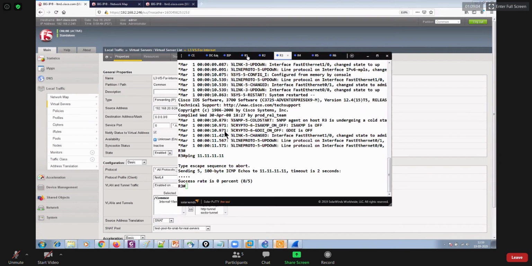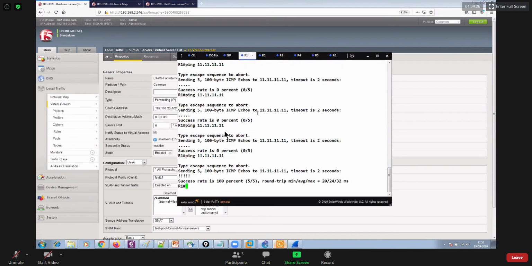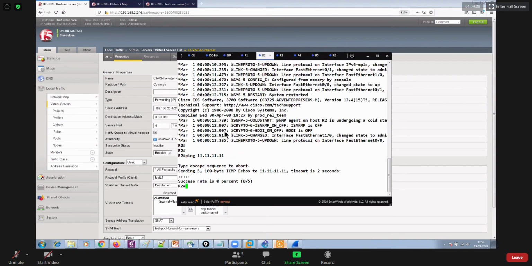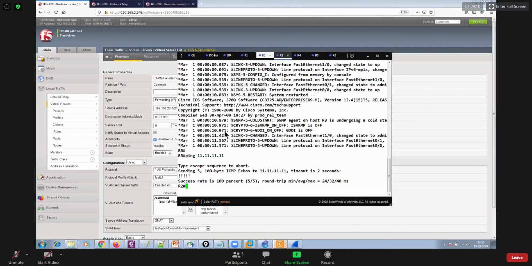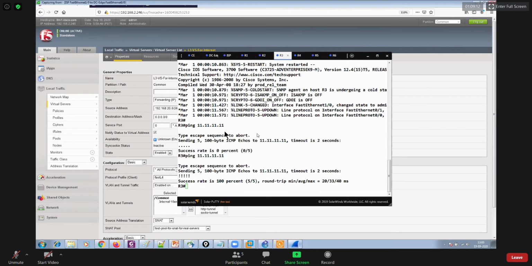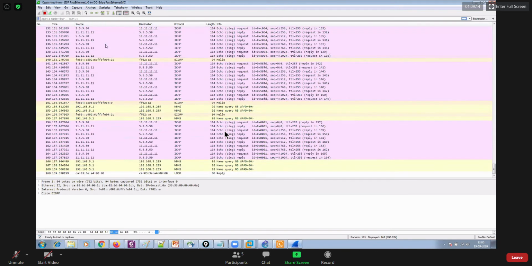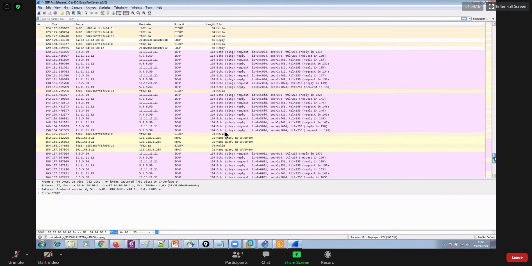Thereafter, let me ping it from router 1. Yep, it's pingable. From router 2, yes, it is pingable. From router 3, it's pingable. And look at the Wireshark. You are getting all the packets coming from a single IP, which is 5.5.5.0. The source IP is always 5.5.5.0. However, the ping was initiated from three different servers, but in each case the source IP address is 5.5.5.0, which means that was done by the big IP. So does that make sense to all of you now?